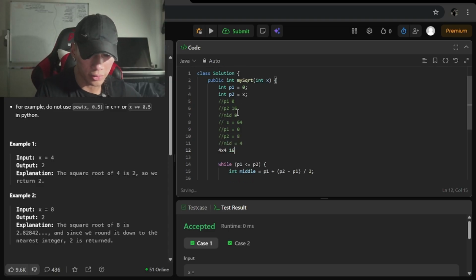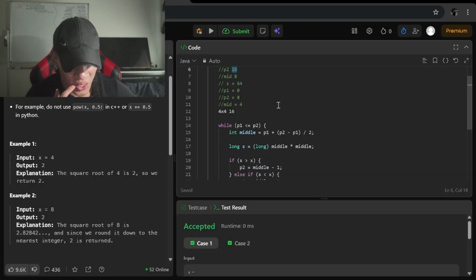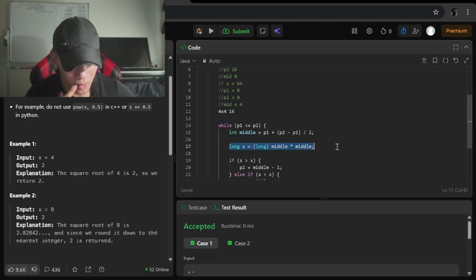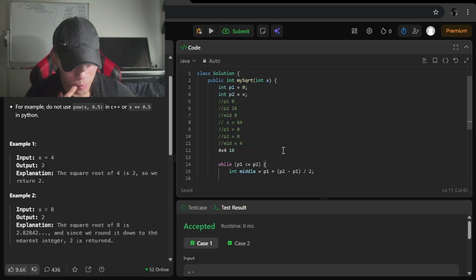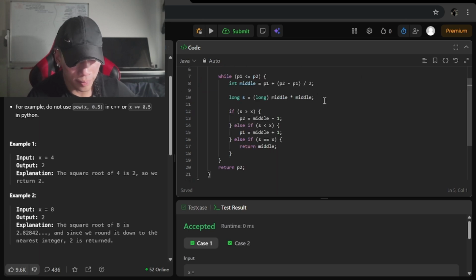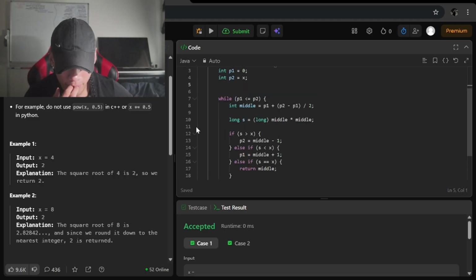So now it actually reaches X. See, so we're just working backwards from the square root. Interesting.